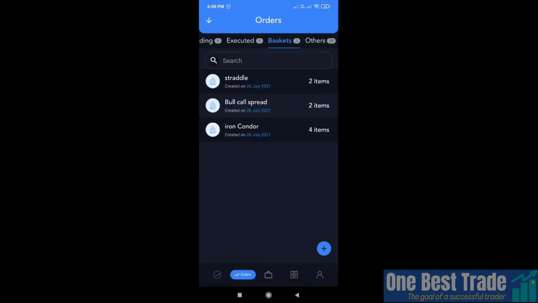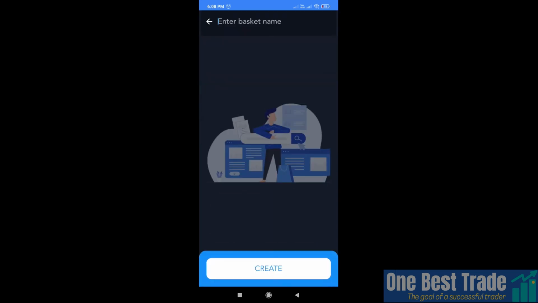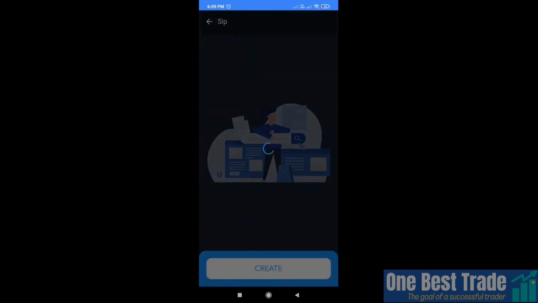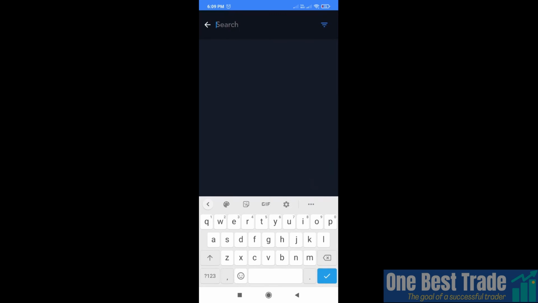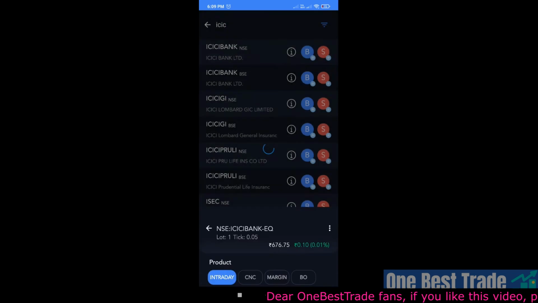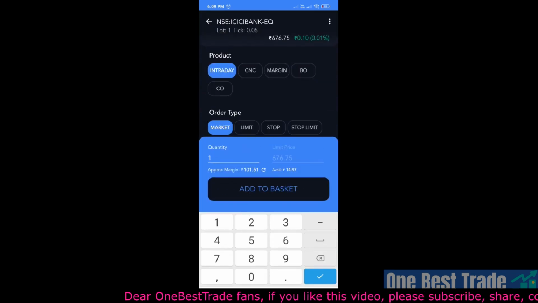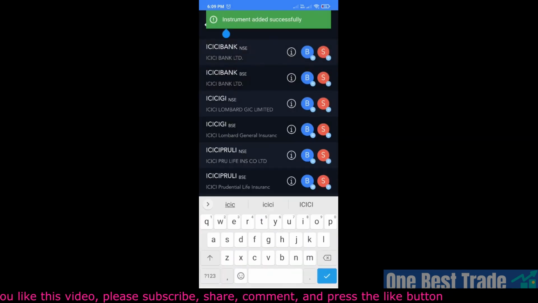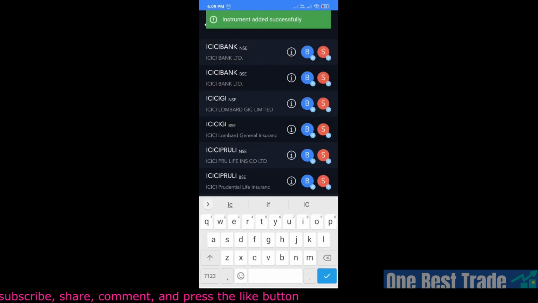You want to create a basket for SIP. Just go and press add button, and since you are going to create a stock SIP, just create a name and then add stocks you want to buy. Say, for example, you want to buy ICICI Bank. Just go and press buy button, specify the quantity, add to basket and then select the other stock you want